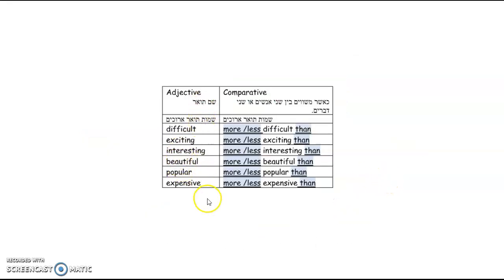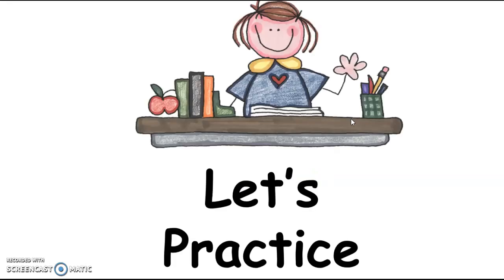Okay, so let's take a closer look and see here are examples of some long adjectives: difficult, exciting, interesting, beautiful, popular, expensive. You can hear that they are long because they have more than two syllables. And here are examples how they fit in a sentence. So you can say more difficult than, and at the same time you can say less difficult than. For example, somebody might think that math is less difficult than physical education. Okay, so you have to choose more or less according to the content of your sentence, whatever your opinion is. Okay, so now we are going to